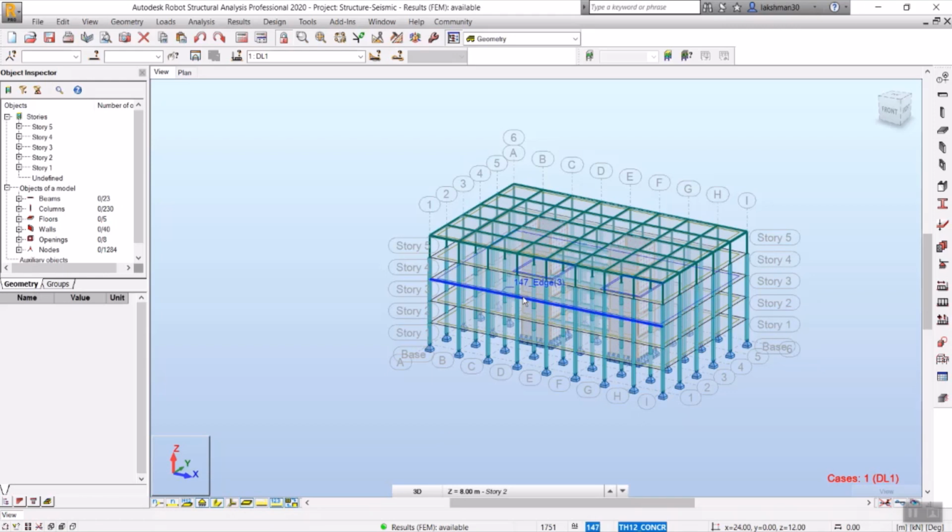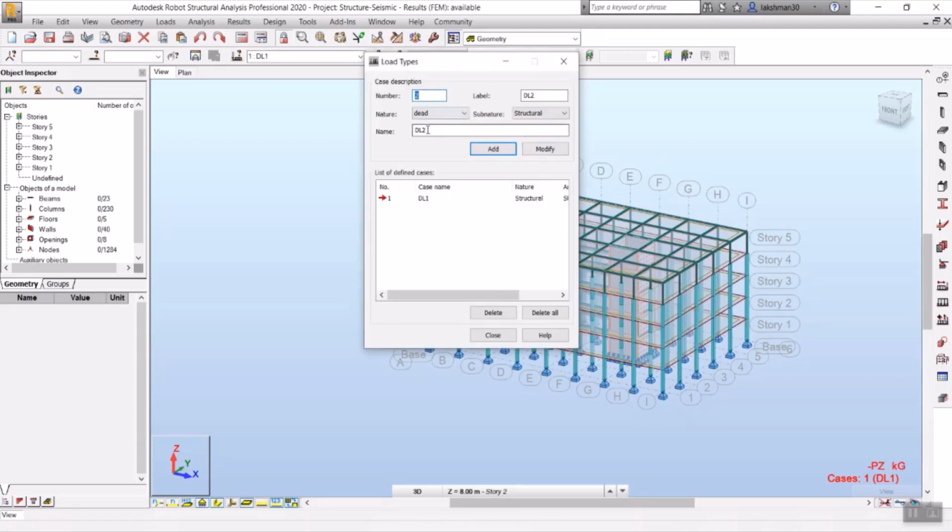Yes, application of loads is easier than in any other tool. I can assure it to the core. Application of loads and modeling the things is easier than in any designing tool. So first, before assigning the loads, we should define what type of load it is. So to define the loads, here we have a term called load types. So here we have to define which type of load you are going to add.